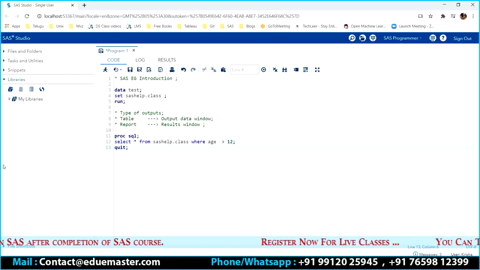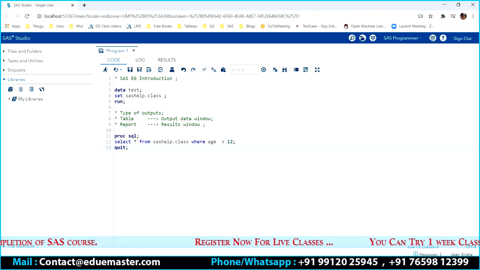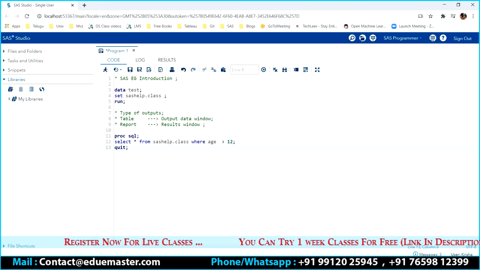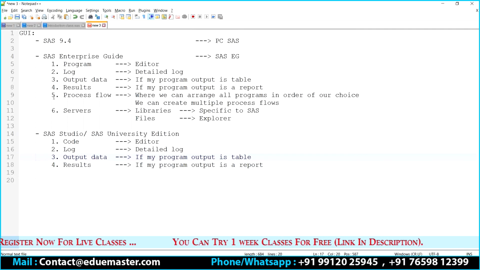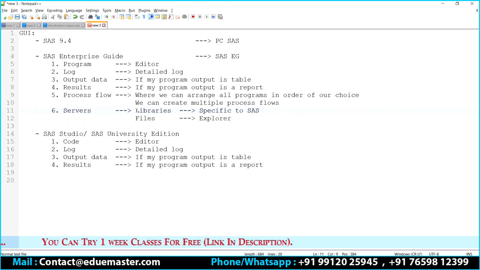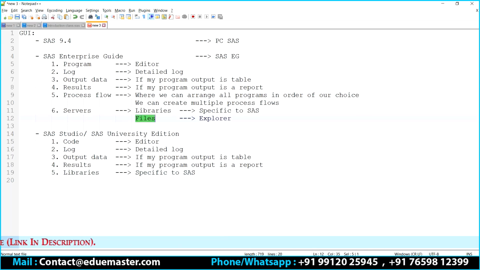Whatever libraries are there, the same libraries are also available here. File shortcuts, I just mentioned, we can create them, correct? So now I can go back here. I don't have process flows. Instead of servers, I directly have libraries, correct? And I can have all my files explorer.